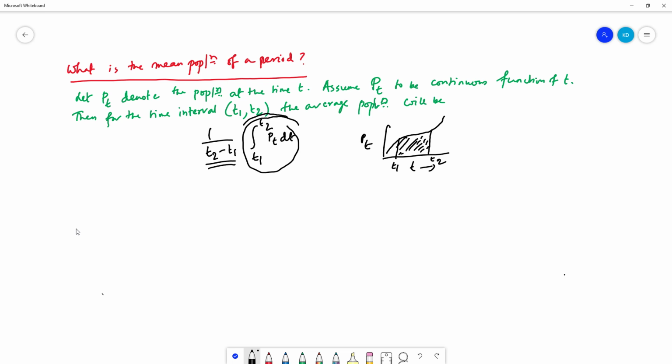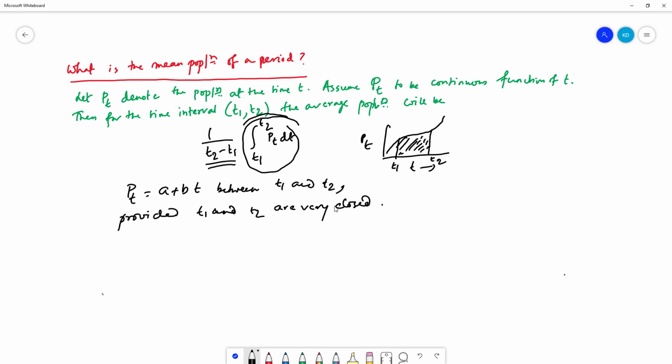It is to be noted that population can be approximated by a linear function of t, that is P(t) equal to a plus bt, between t1 and t2, provided t1 and t2 are very close, that is, the interval t1 to t2 is a short interval. The justification is,